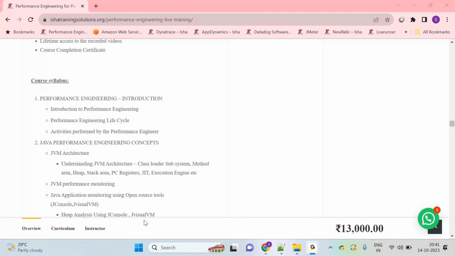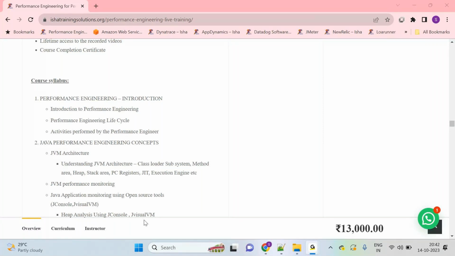Say, take an example, software development you are doing, software development life cycle. Testing you are doing, software testing life cycle. Performance testing you are doing, performance testing life cycle. So like that, performance engineering life cycle also we are going to learn. Okay, important. Then only you will get to know each and every layer, what activities performance engineers are doing. And in order to do that, what skills performance engineers should have, that also we are going to understand.